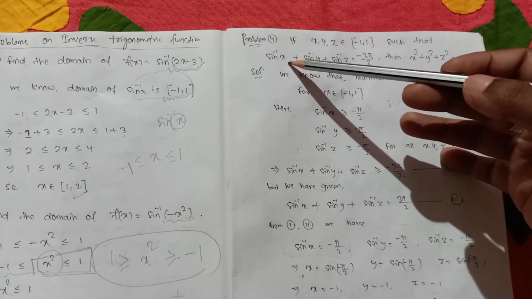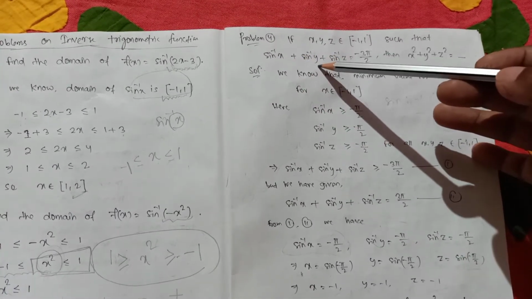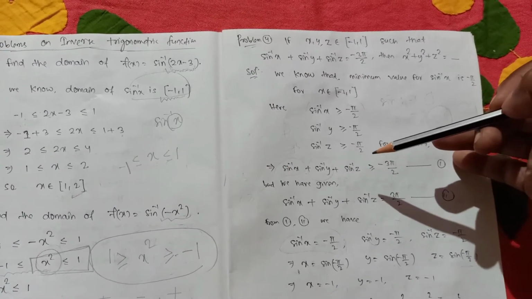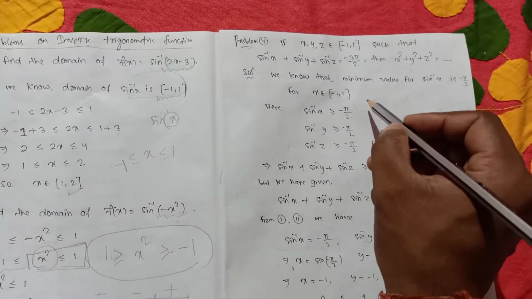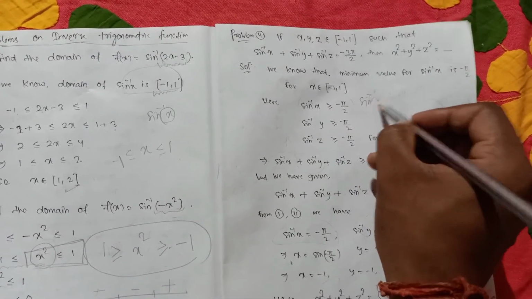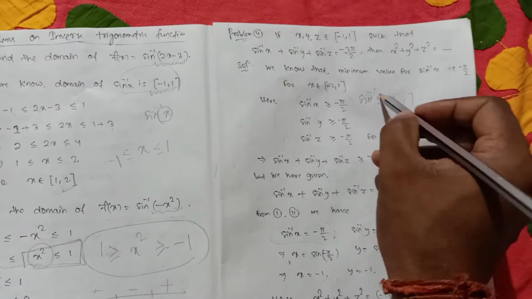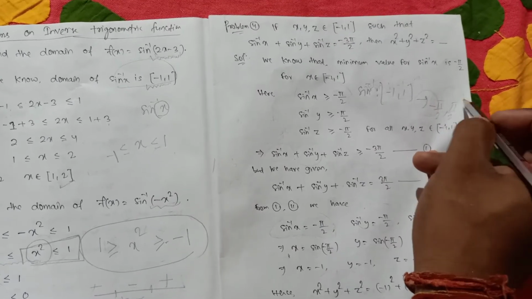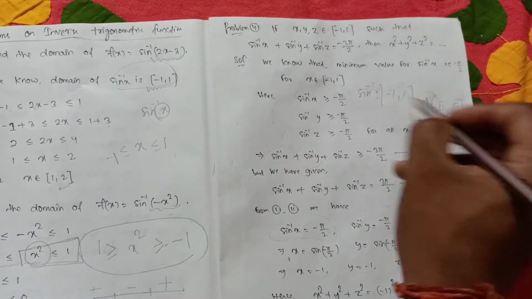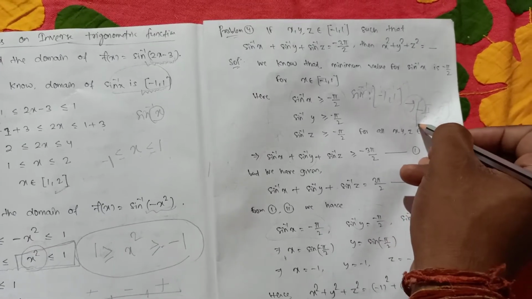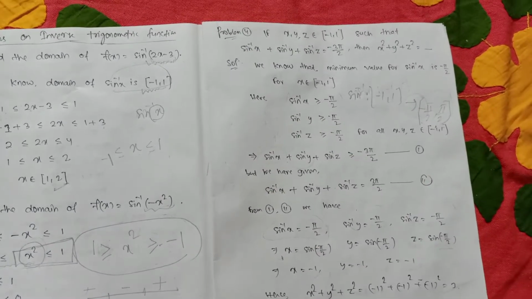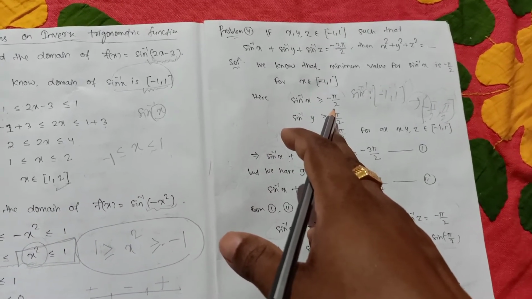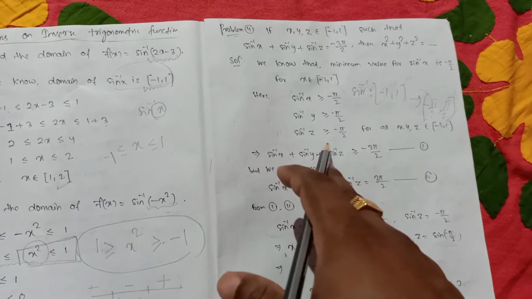that each term, whether it is sin inverse x, sin inverse y, or sin inverse z, is greater than or equal to minus pi by 2. Why? Because, as you know, the sin inverse function is a function from the closed interval minus 1, 1 to the closed interval minus pi by 2 to pi by 2. So whatever the result is, it is always greater than or equal to minus pi by 2 and less than or equal to pi by 2. So sin inverse x is always greater than or equal to minus pi by 2. Similarly for sin inverse y and sin inverse z.